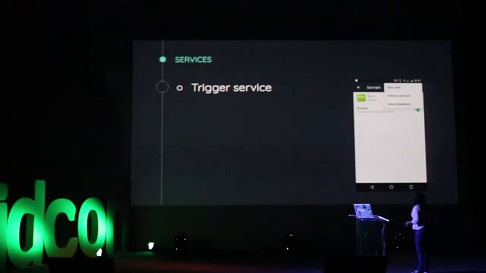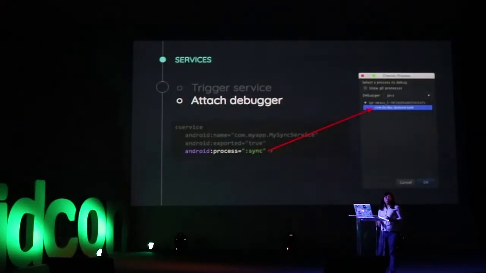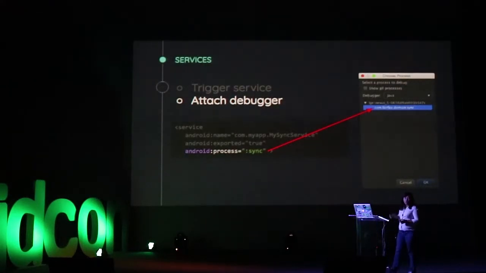How do you do that? It's kind of convoluted. You go to settings, look for the app you want to test, click on the overflow menu and then Sync now. It will trigger your service, but it will freeze the thread until you actually attach the debugger to the thread. So you go to Studio, look for the same process name that you declared in your manifest, and then you attach your debugger. One thing to make sure of is to remove this call before you ship your app. To be safe, you can wrap it in an if BuildConfig.DEBUG.